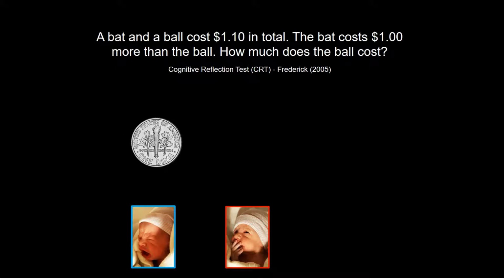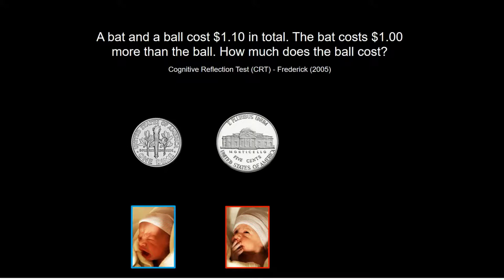So if you say the problem is you've got a bat and a ball, in total they cost $1.10, say X is the price of the ball, then we know that the bat is $1 more than the price of the ball. And if those things in total have to be 110, then if you solve that, it says that X is actually 5 cents. And the reason that the 10 cents is salient is because you've got $1.10 minus $1, and so it just kind of pops into your head. If it was 10 cents, this condition would be satisfied, like the bat would cost $1 and the ball, whatever, doesn't matter. And Shane actually has funny experiments where he